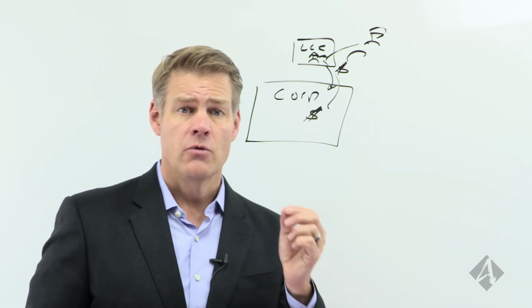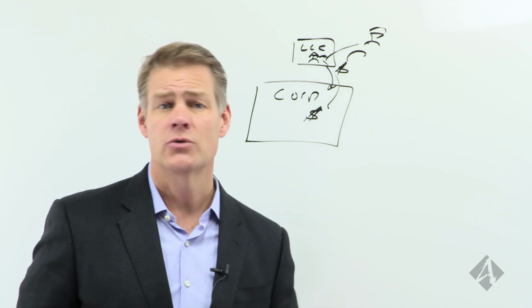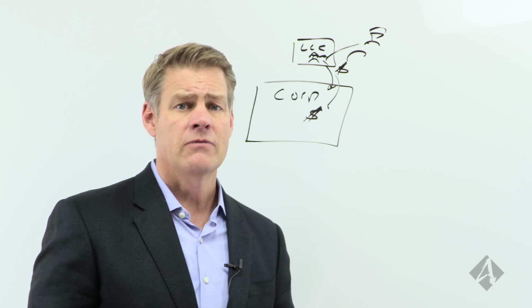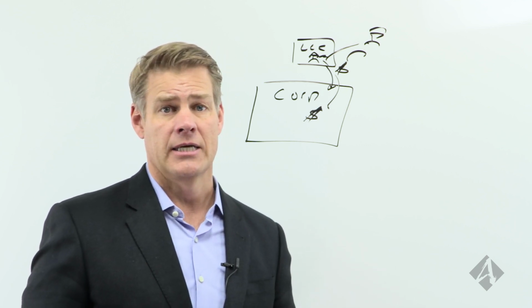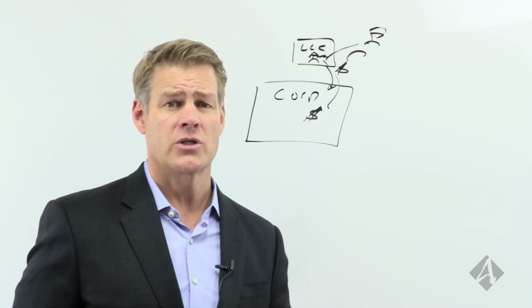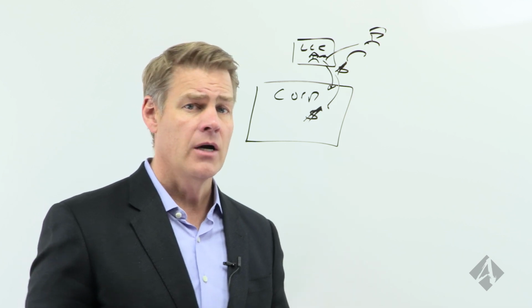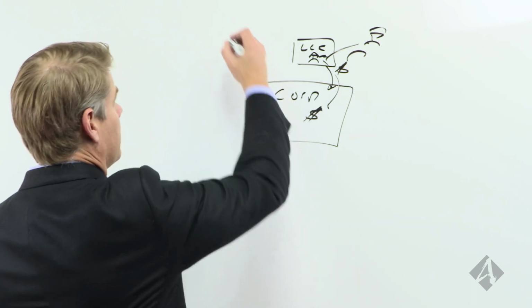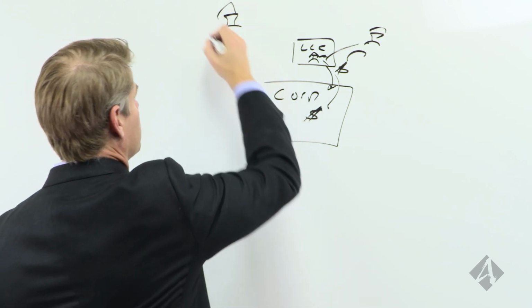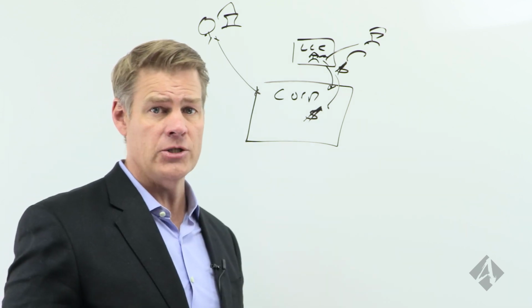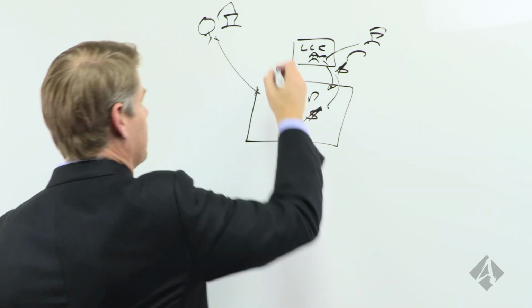So by using the LLC to structure your wholesale transactions, to make your offers, you're really setting yourself up to flip the property should you choose to close on it, because you got the right structure in place. Now, for those of you that are not using the LLC and you're using those short form purchase and sale agreements that allow you to assign them, then the other scenario here, what you would do is, if I had this property right here under contract with this seller and the contract ran directly to my corporation, create a limited liability company,